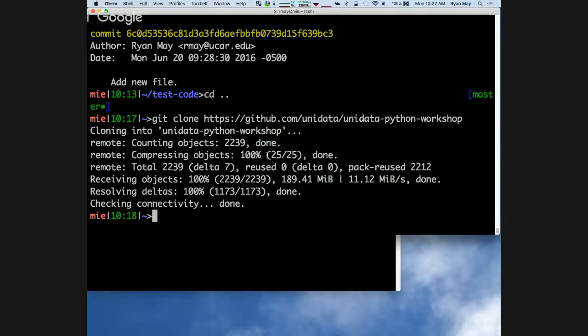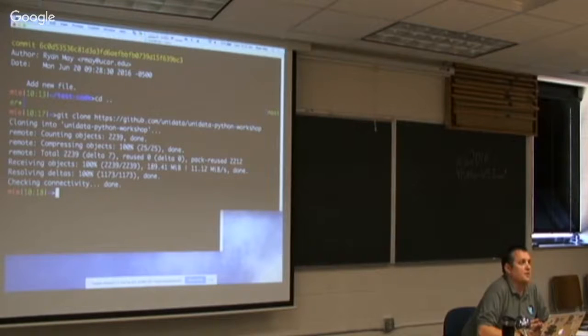Okay, so we're going to start talking about Conda. Conda is a package manager for Python. It can also handle software in other languages. It's just predominantly used for Python. Who does not have Miniconda or Anaconda installed?